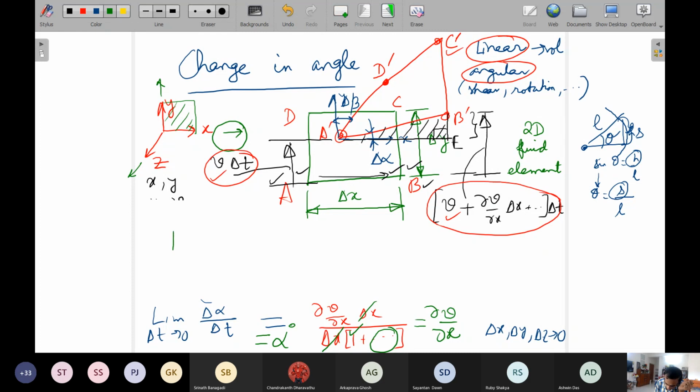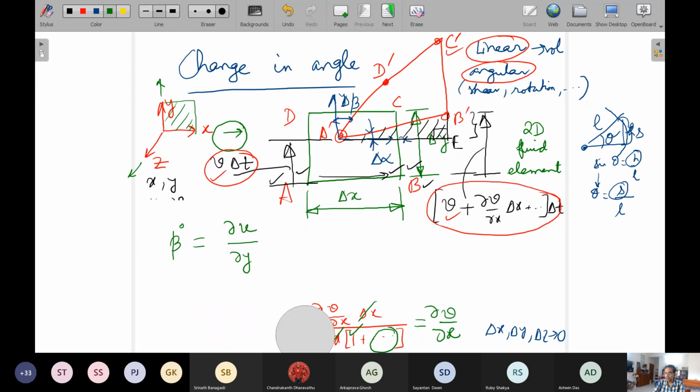So what is beta dot? Just from your intuition, you can write that, see, for alpha dot, the length is x and the velocity is y. So for beta dot, the length will be y and the velocity will be x. So it's just like a cross connection. X component of velocity with y and y component of velocity with x. So this is the picture of what happens so far as the expressions for the rate of change of angles.